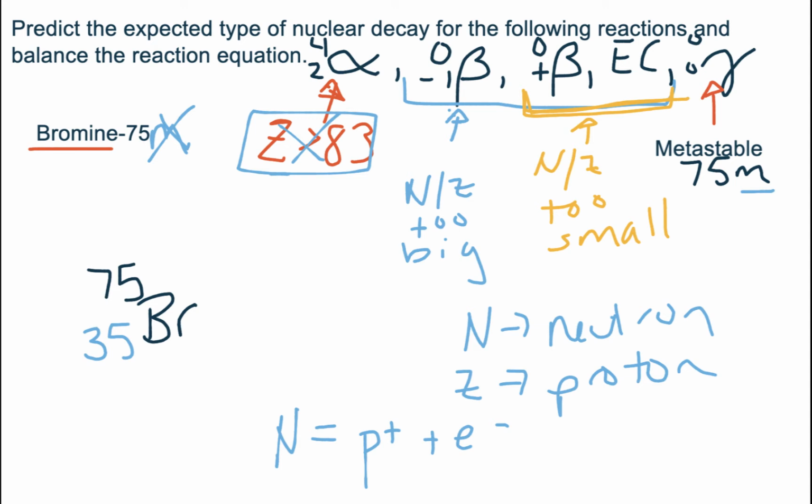Now, the opposite can be true too, right? If you don't have enough neutrons, then you can convert a proton into a neutron by capturing an electron from the innermost shell, which is what we call the electron capture. Okay, so